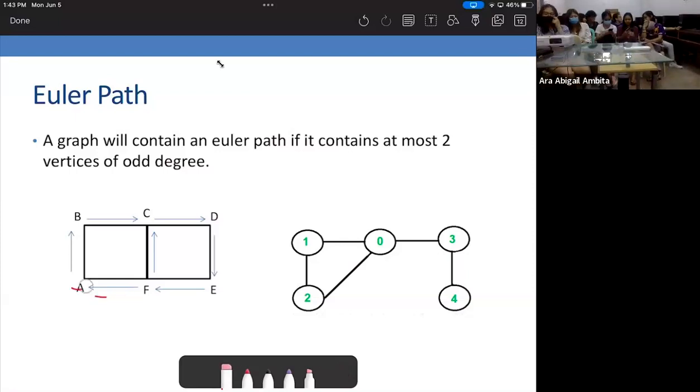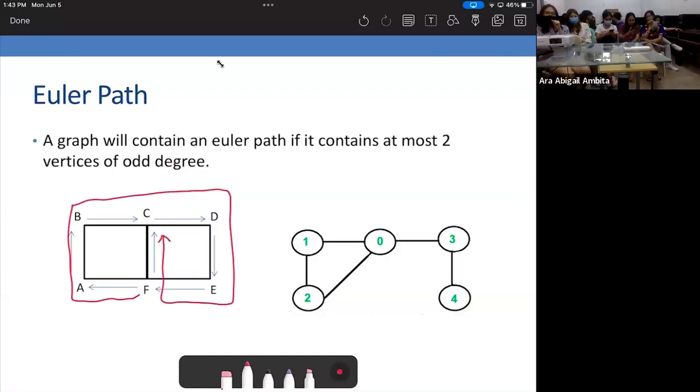Sige, start tayo from dire. So yeah, it is possible. Okay, so you start from F, A, then B, C, D, E, and then C. Okay, tapos dito naman sa isa, you can start from 0, then you go to here. Okay, so titingnan natin, di ba Euler path ito? Kasi nga hindi siya